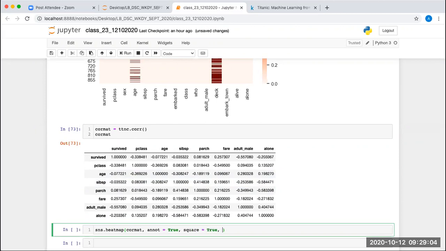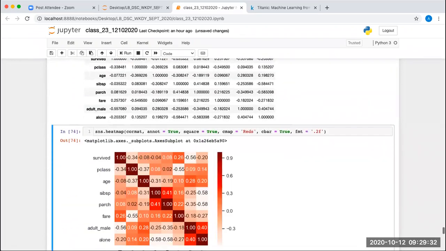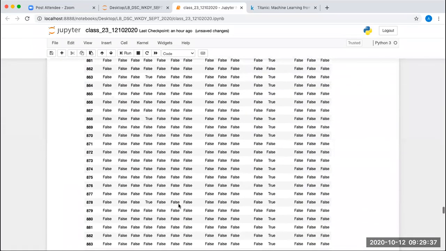Next, cmap I will take as Reds, and cbar also I will take as True. Now the format I will take as fmt equal to .2f. Okay, now let's execute it. So the heat map we are getting here is this one. What size have I taken? 8,4.